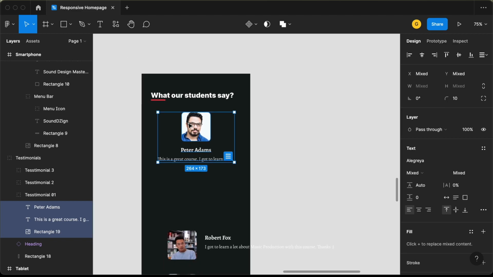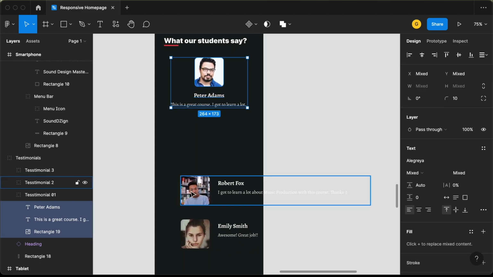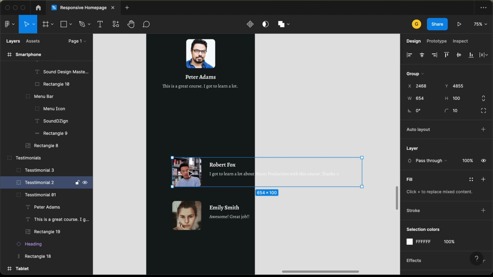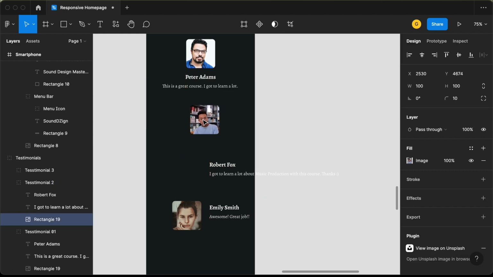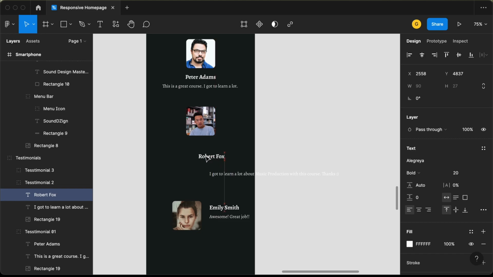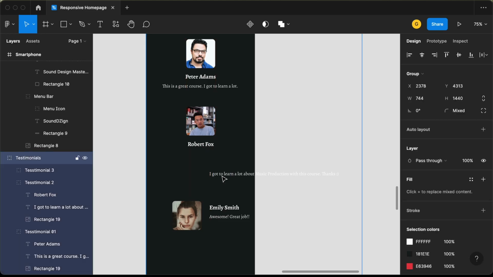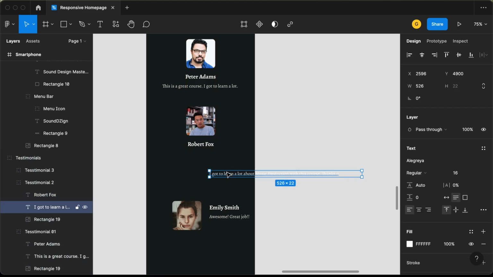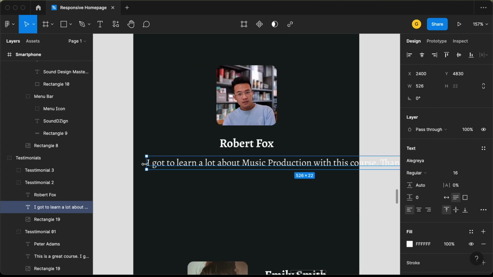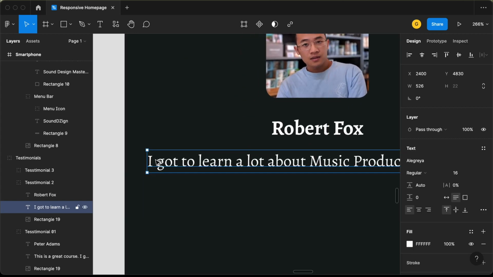Right, let's do the same for the other testimonials as well. So let's double click on this image, let's bring it over here, and we'll have a gap of 50 pixels, or let's try 60 pixels, and let's bring these elements over here, and let's bring this review to the center, and here also we will set a padding of 32 pixels,